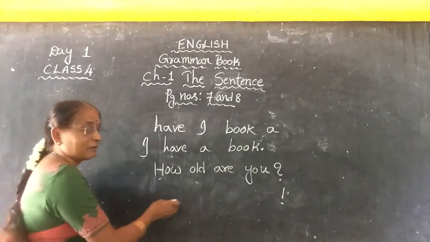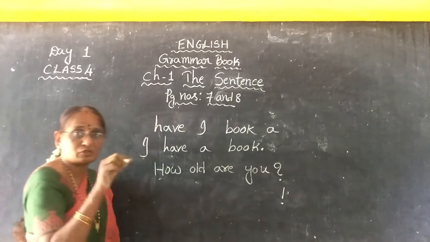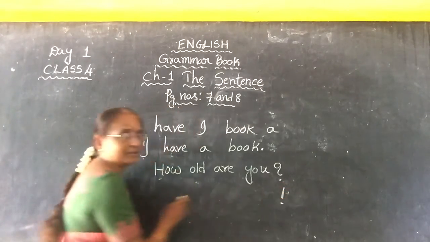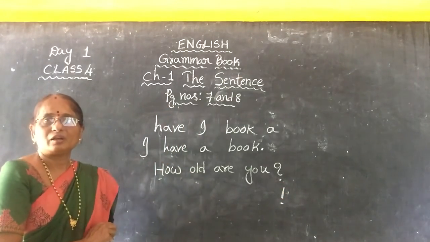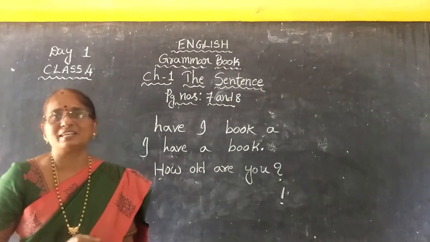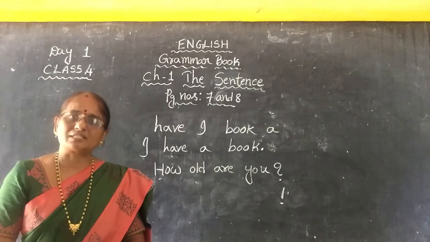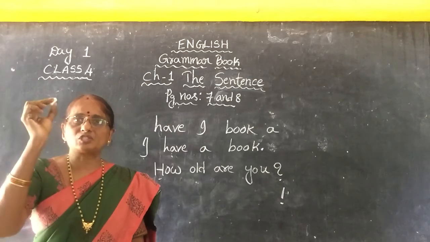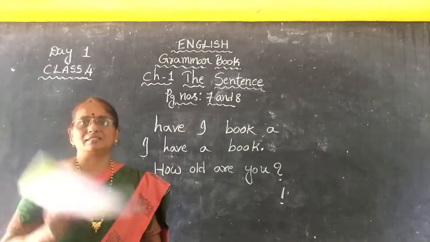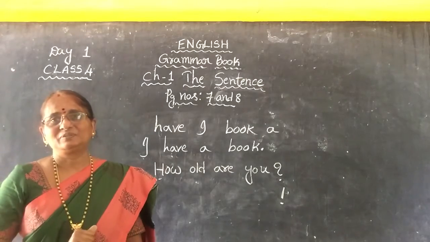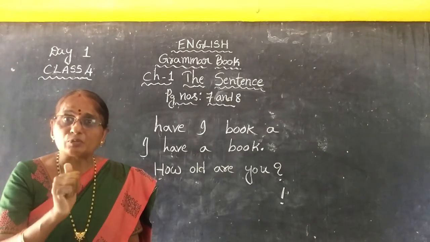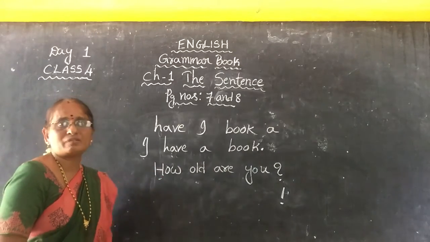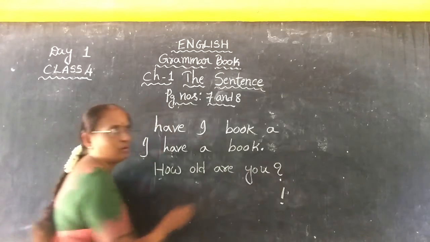Expression. For those sentences, which punctuation mark do we have to put at the ending of a sentence? Exclamation mark. Where did you go? How old are you? There are some question words in English. Why? Where? What? Which? Isn't it? Whom? Whose pencil is this? Whose chalk piece is this? Whose book is this? Whom do you want to meet? Where did you go? Why didn't you come to school? In which class are you studying? You are questioning. So for those types of sentences we have to end with a question mark.